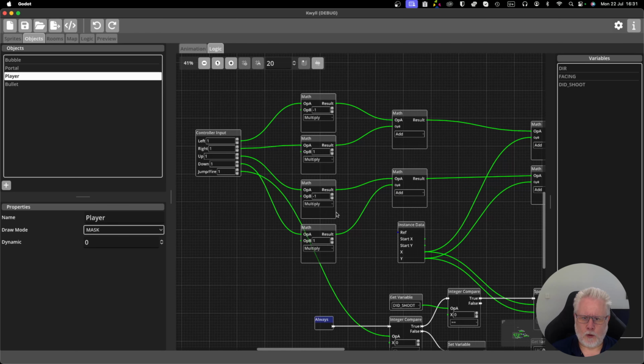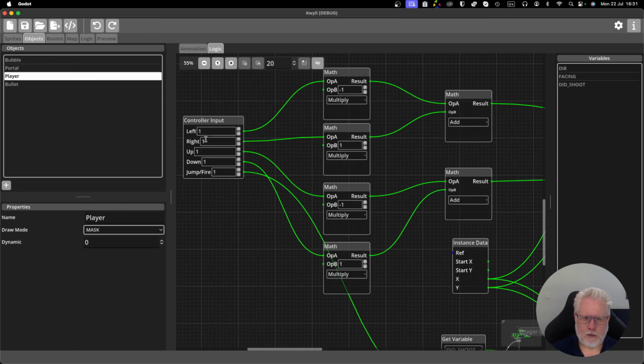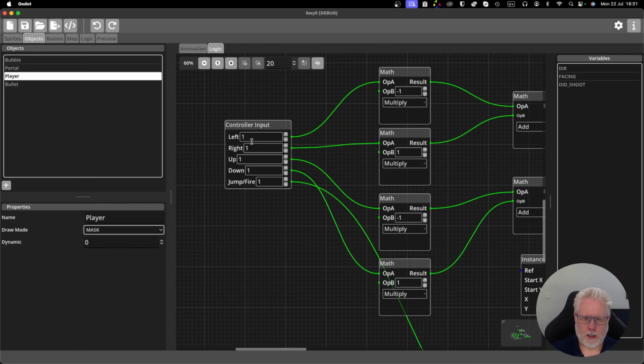Now these 4 multiplies here seemed a little bit redundant, so what I've done is I've modified the controller input so that it allows you to specify what the positive value is. So when the button is not pressed, it'll always return 0 still, because that's false. But when the button is pressed, it can return any value in here, depending on how you want to use it later on in